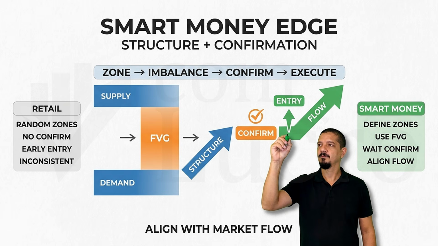To wrap it up, today's video has given you a clear and structured walkthrough of supply and demand areas within smart money concepts, showing how they differ from traditional support and resistance. We explored how to identify high-quality zones, use fair value gaps, and confirm entries on lower timeframes to strengthen your overall edge. These tools help you align your trades with institutional flow and stay in harmony with the true direction